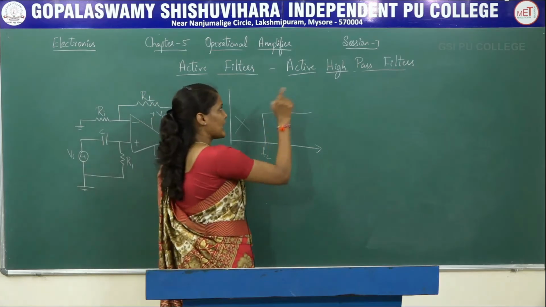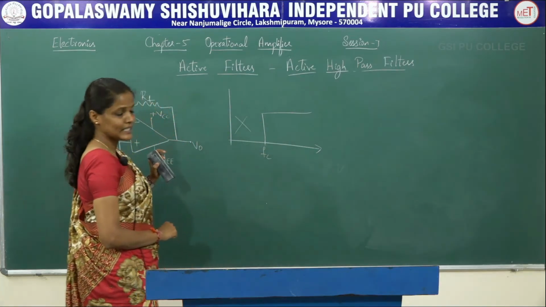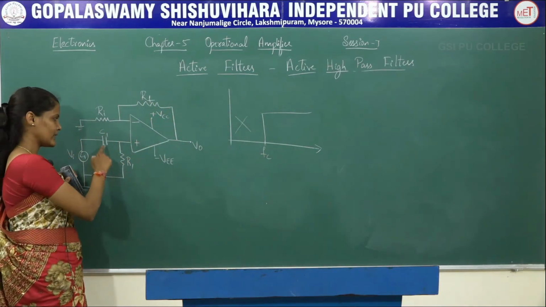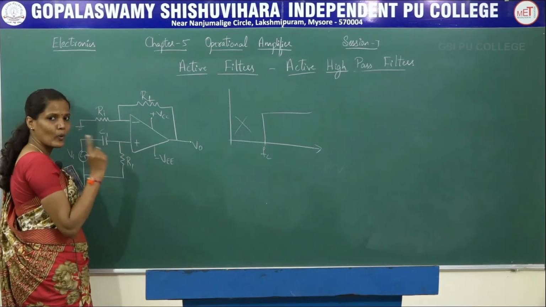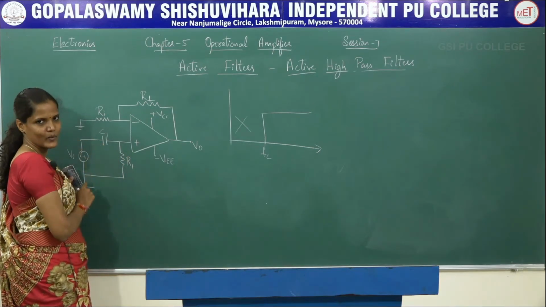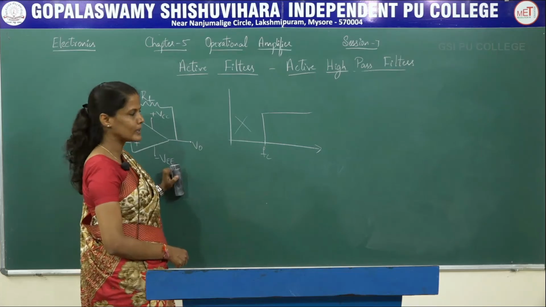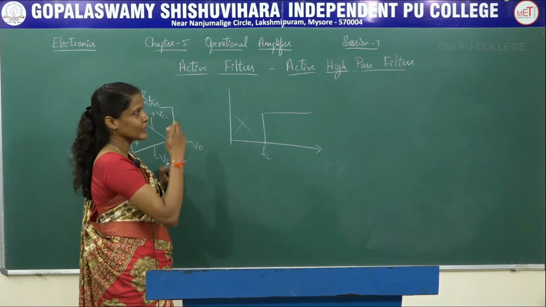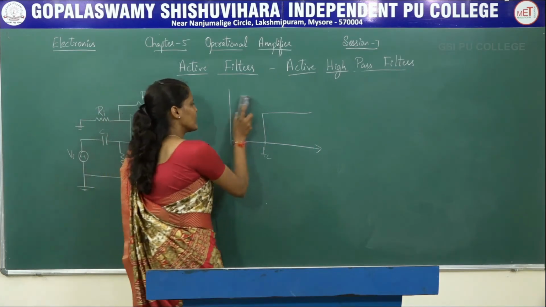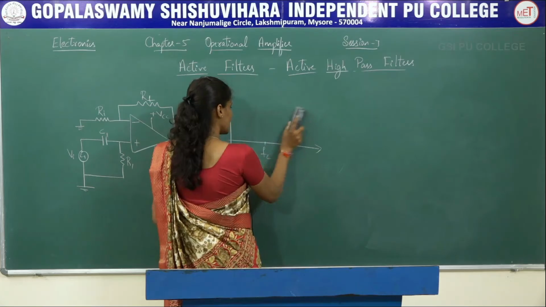So active high pass filter, even this is a first order active high pass filter because I am using only one set of R1 and C1. ಅದೇ ಈ ಥರದ್ದು ಇನ್ನೊಂದು ಸೆಟ್ಟನ್ನು ಯೂಸ್ ಮಾಡಿಕೊಂಡ್ರೆ then that circuit will be called as a second order active high pass filter. So frequency response curve-ನ ಬರಿಬೇಕಾದ್ರೆ